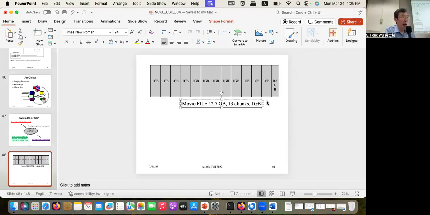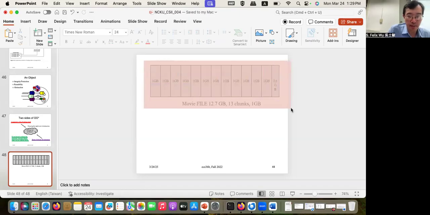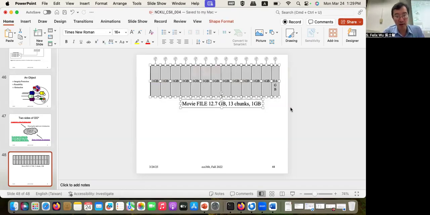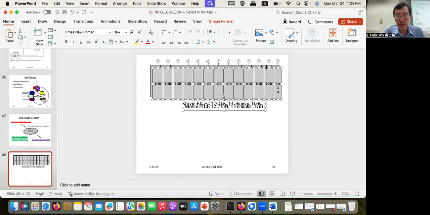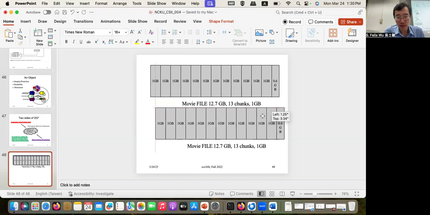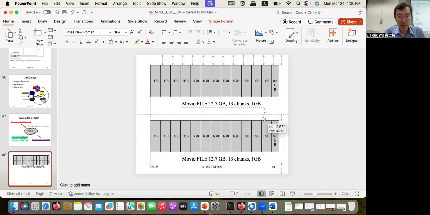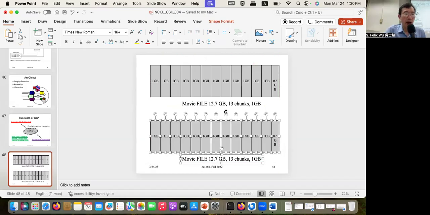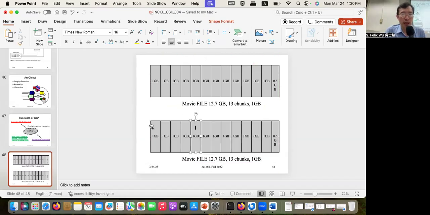Okay, now I'm going to talk about something different. What I'm asking is that, okay, assuming this is the file, this is a complete file about this duplicate. Okay, now I'm going to say this. Assuming I want to,